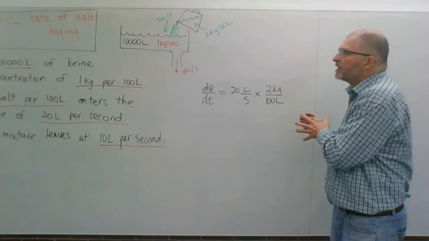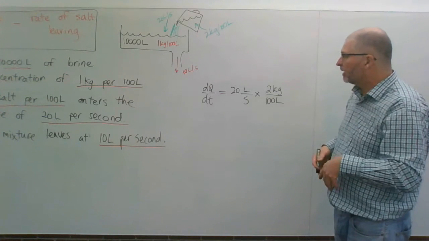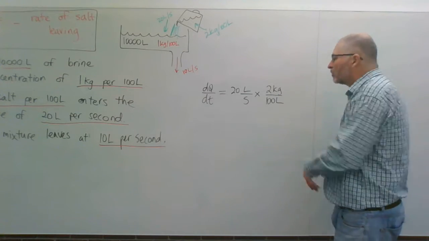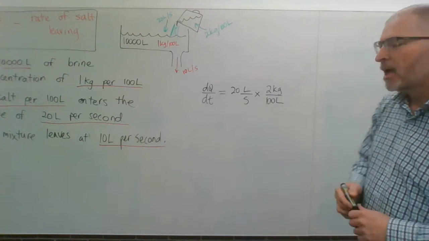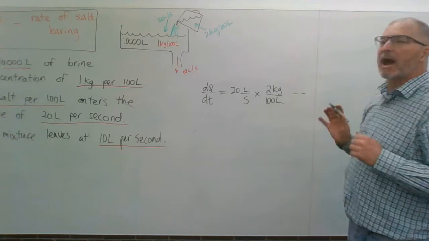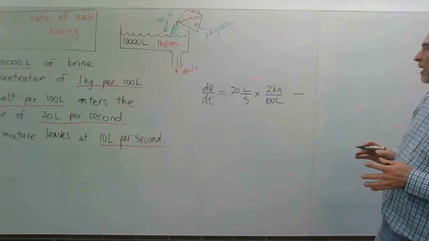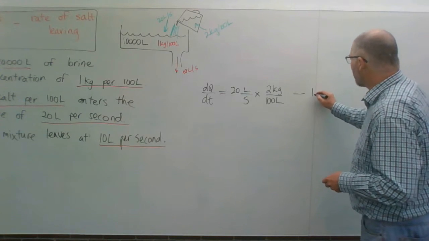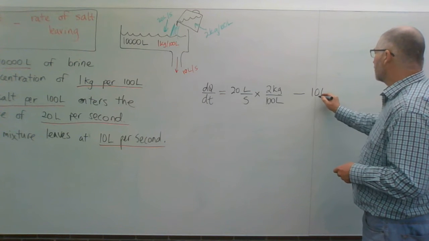So that's the rate at which salt is coming in. We have 20 litres per second of this 2 kilogram per 100 litre solution, minus the rate at which we're going out. Now, we're going out at 10 litres per second